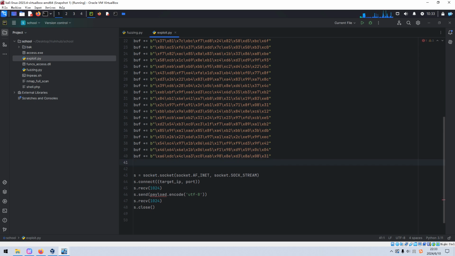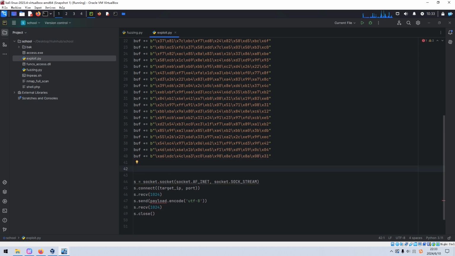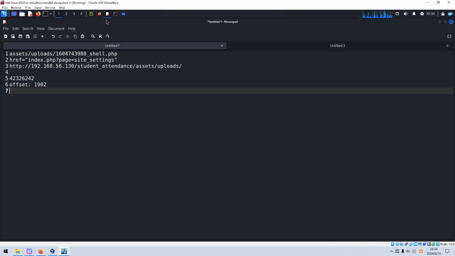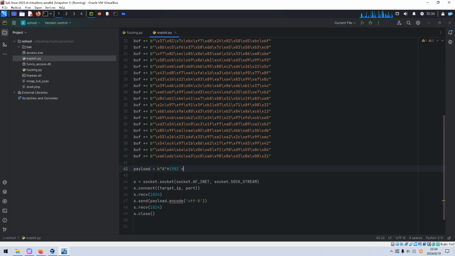And then the payload should be a, the offset is this one. Yeah, it's correct.